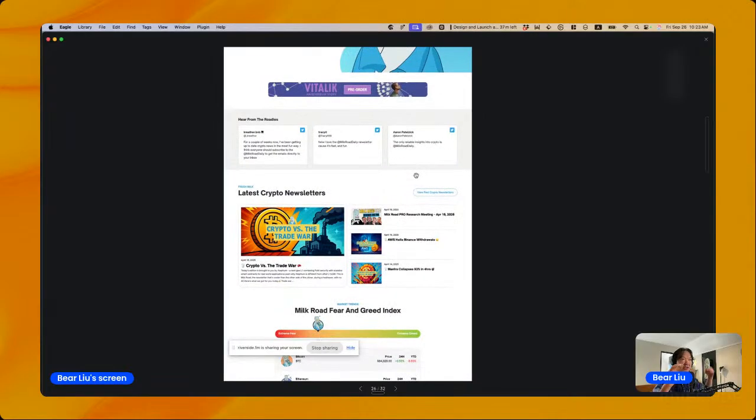So it's basically just a nav bar at the top, and then the hero section second, and then a few other sections follow, like the content area following the hero section,